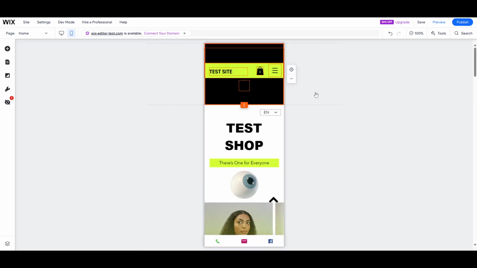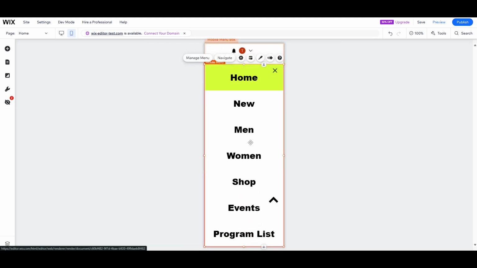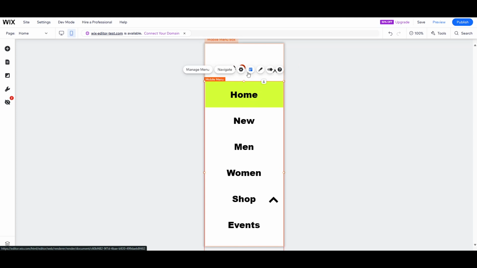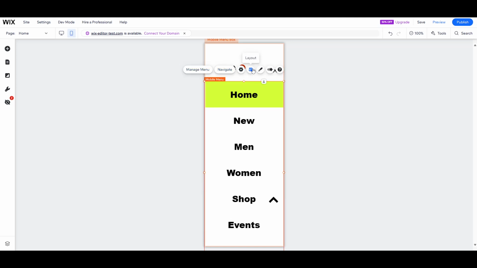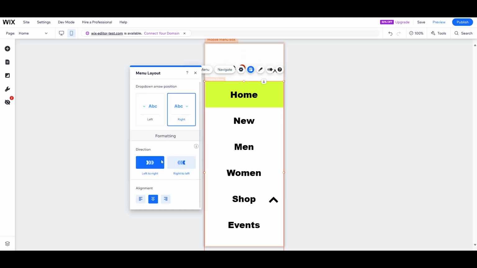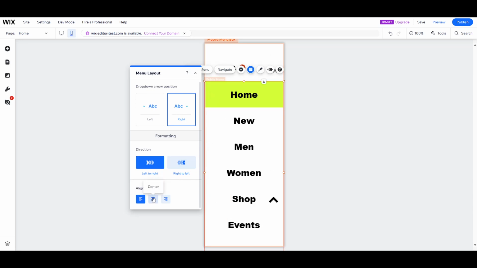Now that we've perfected the icon, it's time to turn our attention to the menu itself. Simply return to the mobile menu icon and click Edit Menu. This action opens up a range of options, settings, layout, and design, allowing you to reshape every detail according to your vision. Whether it's altering line spacing or choosing fonts that align with your brand, each element contributes significantly to